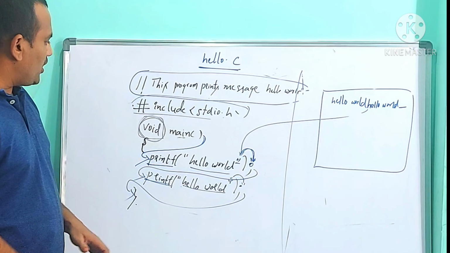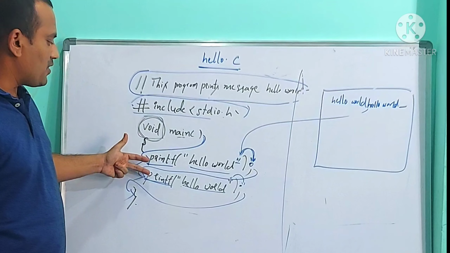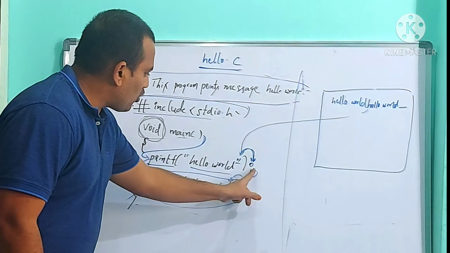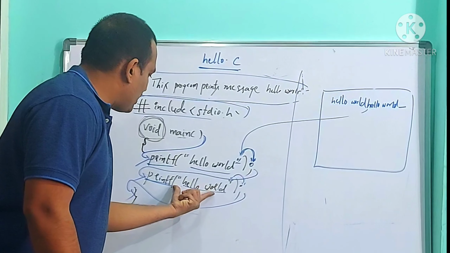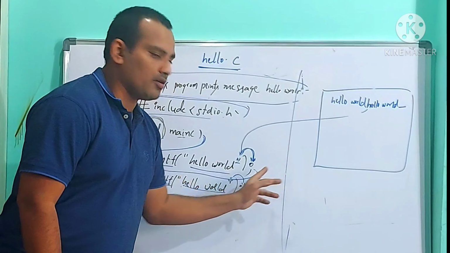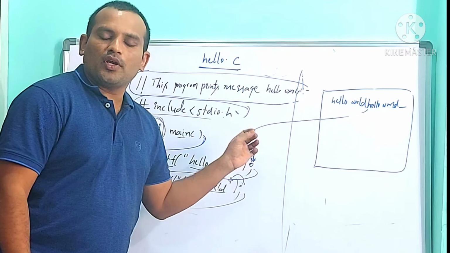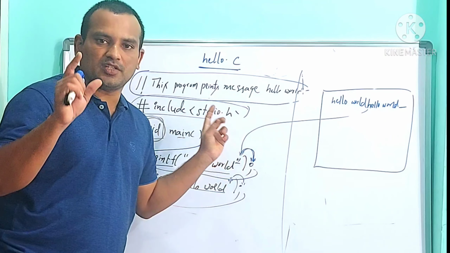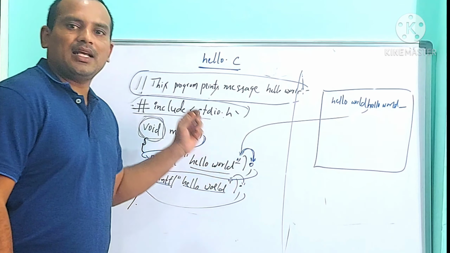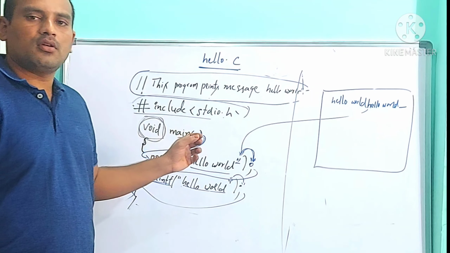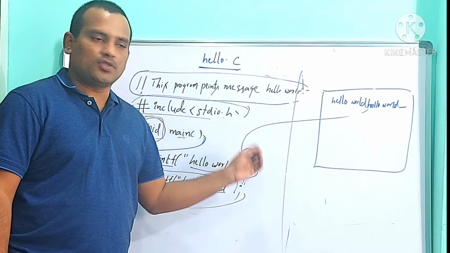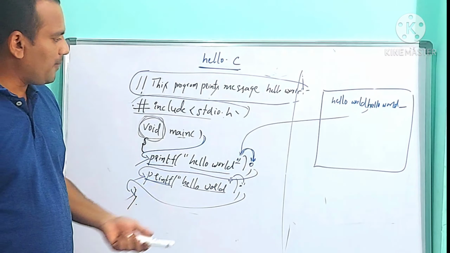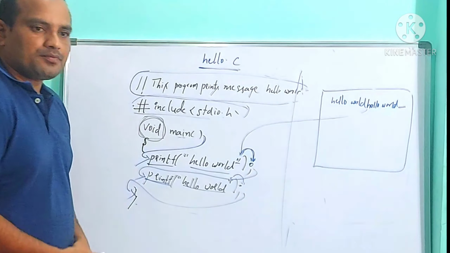So here what I am doing, I have written two printf statements line by line. Remember one point. After the semicolon, you can also write the same printf statement right behind it. Means in a single line, we can use multiple statements by using the semicolon as a separator. Remember this point, a very, very important point. No problem. Okay.